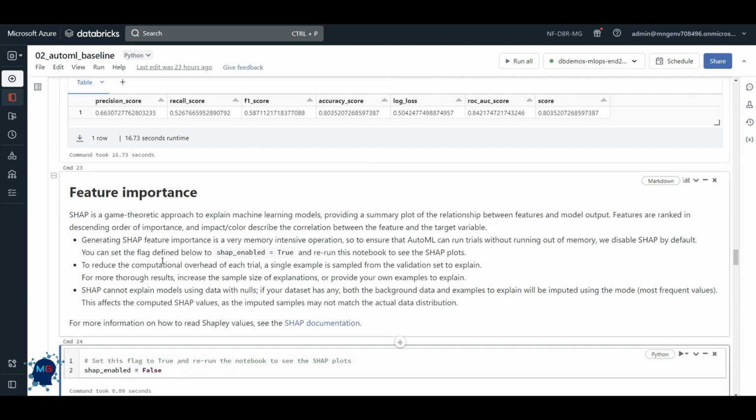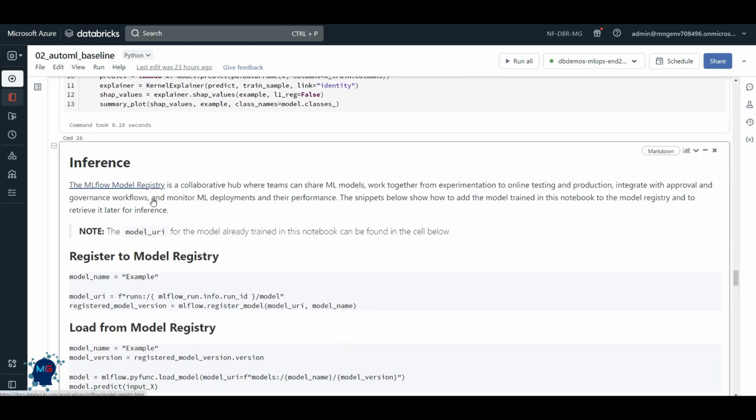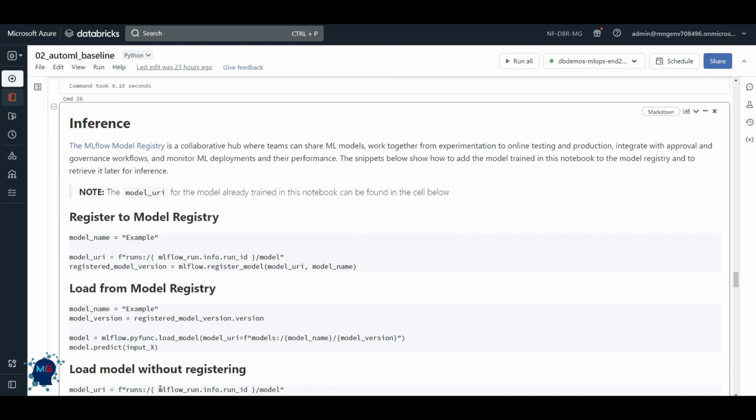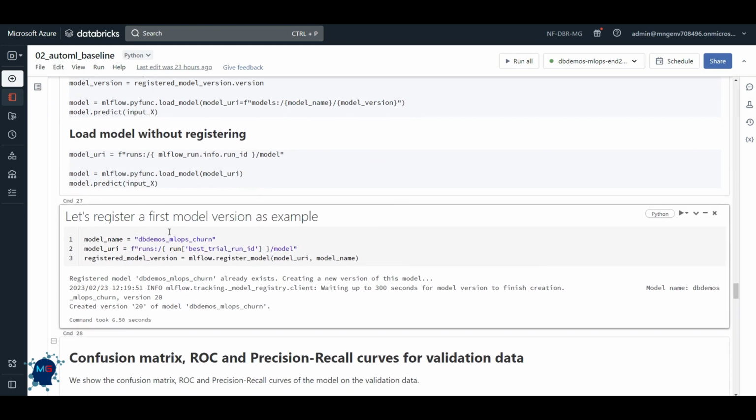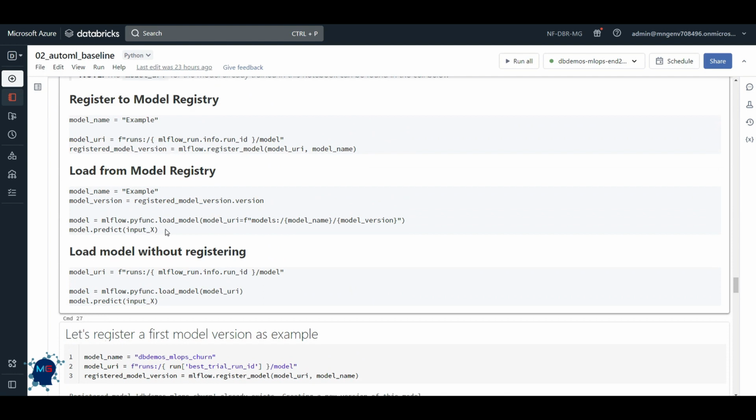So you have to enable it true to get the feature importance as well. Now, this AutoML notebook will give you some code examples of how to deploy this model. Because for deploying, actually registering this model, because if this is the best model, I'm gonna register it, right? Then if I register this model in MLFlow, then I can, let's say, deploy it for batch or real time. This is the code that you need to do, and actually this code is using these examples to say that,